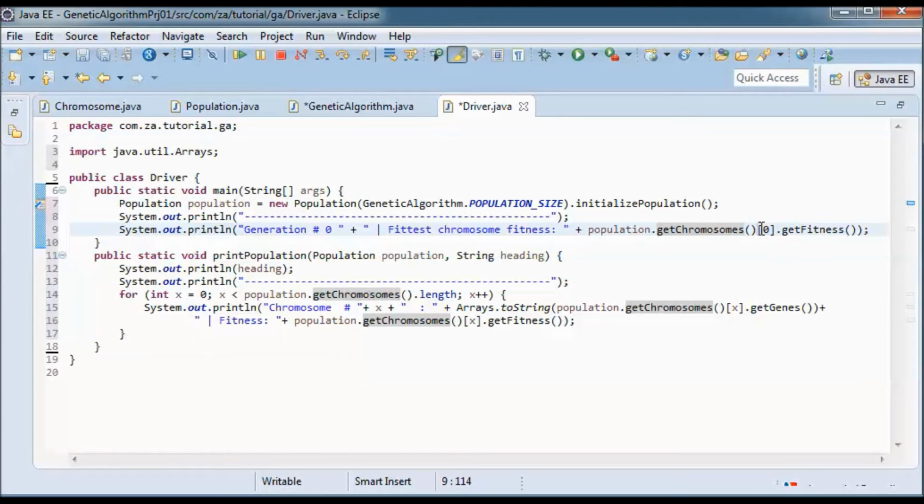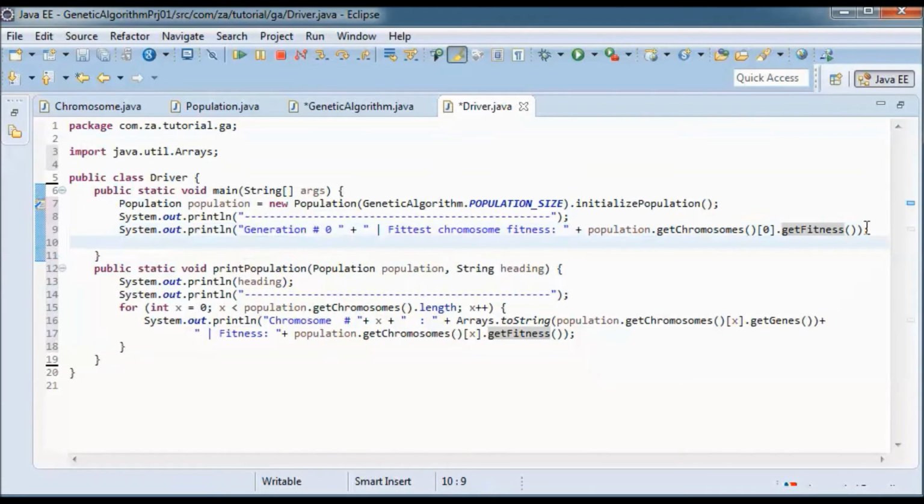Since I'm sorting those chromosomes, if I take the 0 position in that array, I'll get the fittest chromosome, and I'll pick up the fitness of that chromosome. And I'll call this print population method to print out all the chromosomes in that generation.